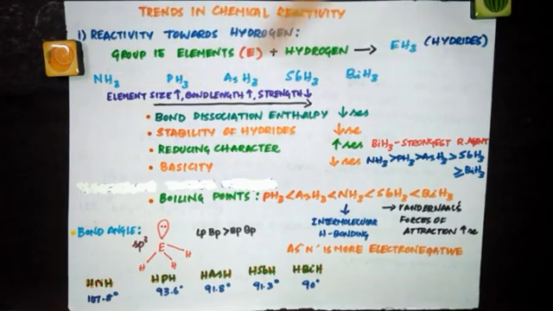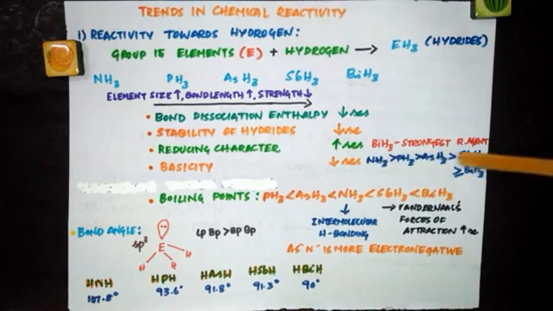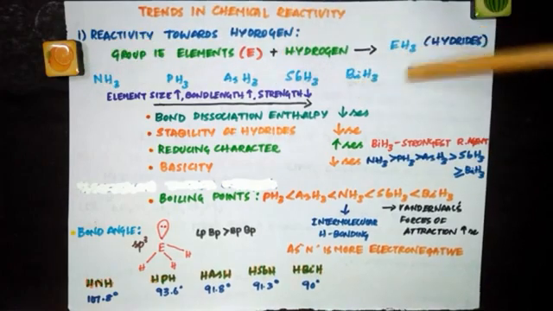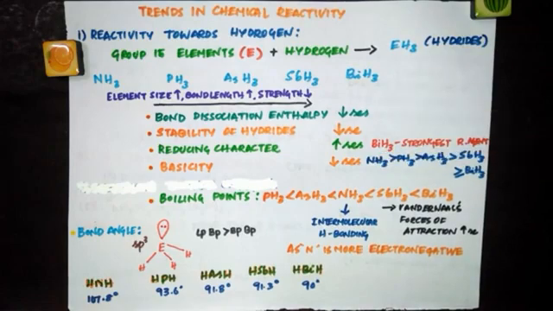As you move this side, as the strength decreases, the tendency to lose hydrogen or release hydrogen will increase. So that in turn increases the reducing character, because reducing character is nothing but the tendency to release hydrogen. So that makes bismuthine the strongest reducing agent. So among all these, which is the strongest reducing agent? BiH3. All the others can also act as reducing agents, but NH3 being the most stable cannot act as a